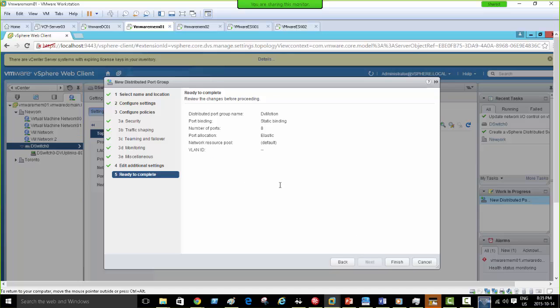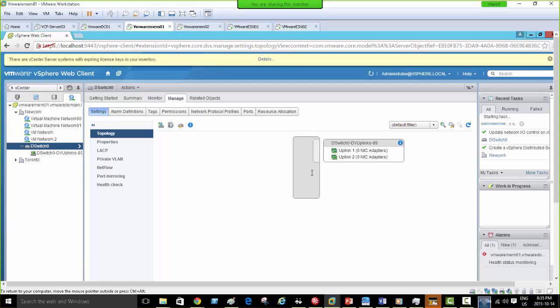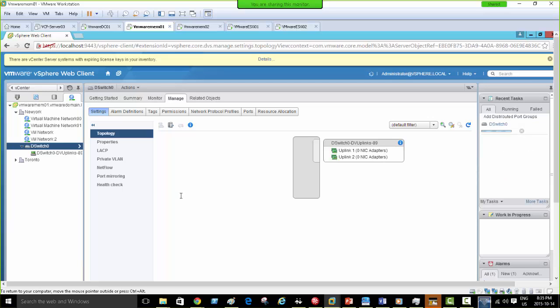Ready to complete. Number of ports 8 and click finish. So what I was creating was a port group, distributed port group, and that was for vMotion. And first I'm creating components here that do resemble what we have created on the ESXi hosts. So the vMotion port group was created on both, so I'm creating here as well. So the next port group will be